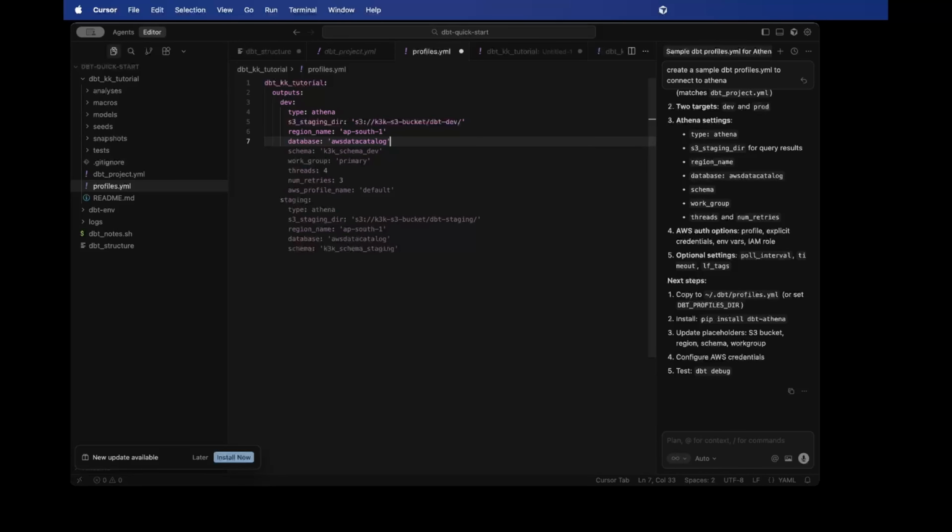Next is the database, which database we are using. Actually it's a catalog name, which you can see on Athena. Then we have schema, so we will be using this schema. Schema is the database name in common language. Then we have work group, which relates to Athena. Whenever we use Athena, we need a work group. In this case we are using the primary work group. Then